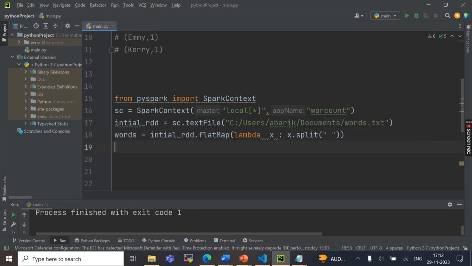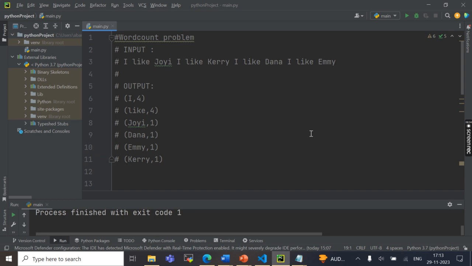So here what we are trying to do is split this line